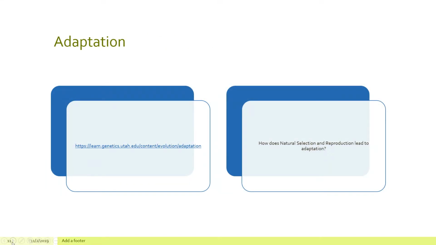Okay. So when we're looking at adaptation, I want you to understand, I use this term a lot. So I say this organism is better adapted for its environment. What I mean by that is it has the advantageous phenotype. And so when we do that, it will lead to that organism having that adaptation. It would be better off, better suited for its environment.